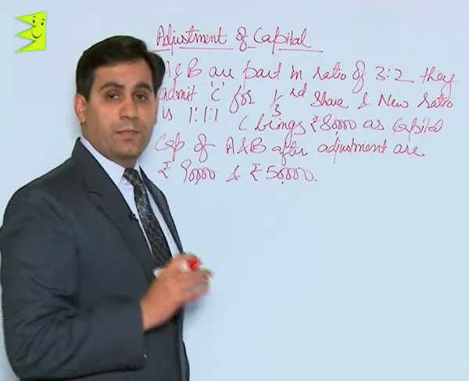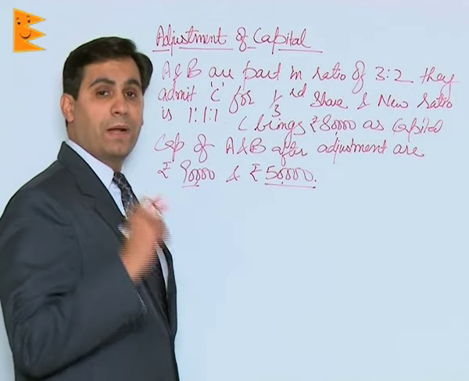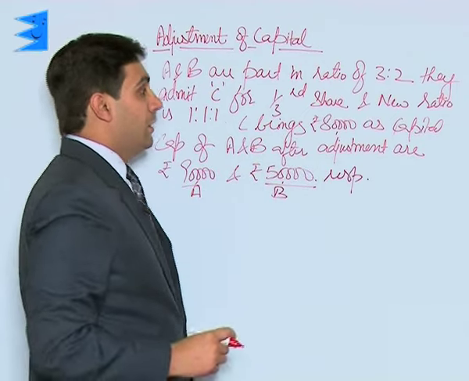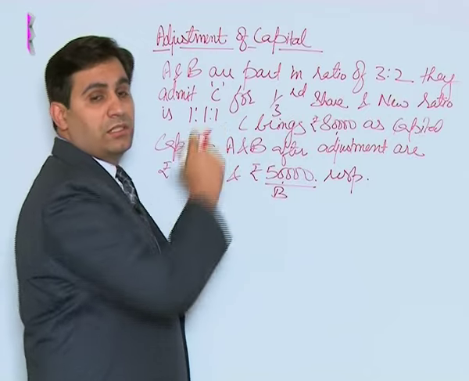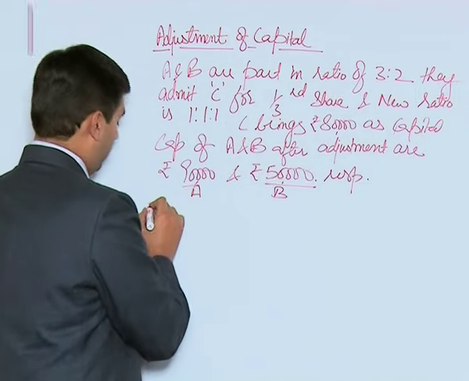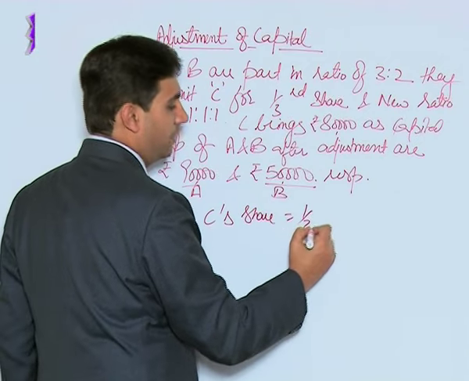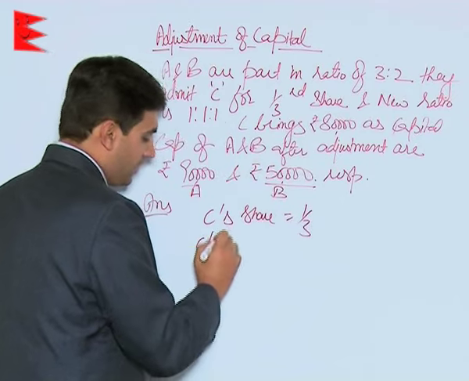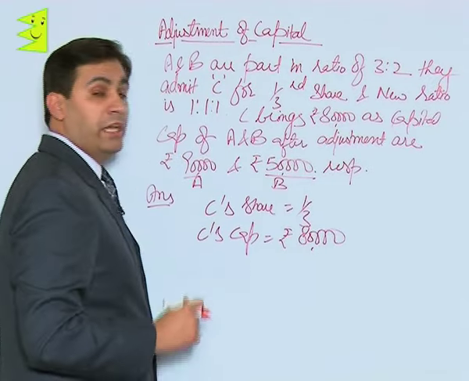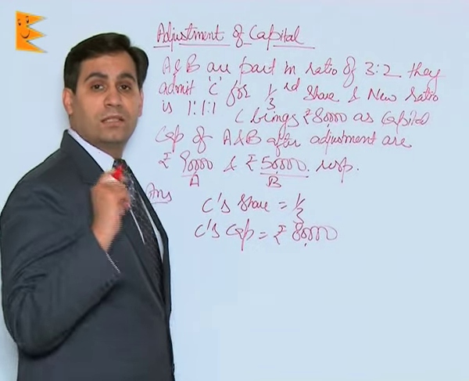Now students, in this case, remember, capital after the adjustments is 90,000 and 50,000. That is for old partners A and B respectively. C is bringing in 80,000 for 1/3 share and the new ratio is given to be equal. Now let us proceed to solve it. C's share is given to be 1/3 of the total profits and C's capital is 80,000. Now students, we can clearly draw an inference that C is bringing 80,000 to purchase 1/3 share in the profits